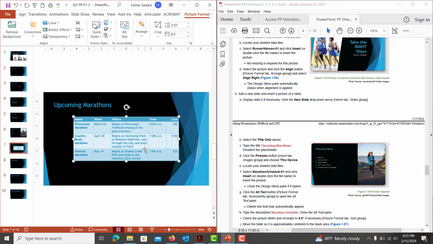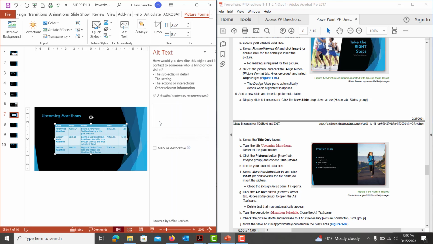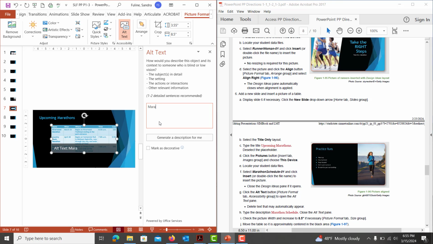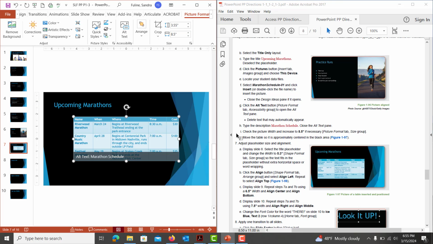Once you double click the marathon schedule, we are going to add an alt text to it by right clicking and hit edit alt text. We're going to click here and we're typing in marathon schedule. It says to check the picture width, and we can increase it to 8.5. So I'm still in the picture. The width is actually already 8.5, so I'm not going to move that. It does want us to adjust